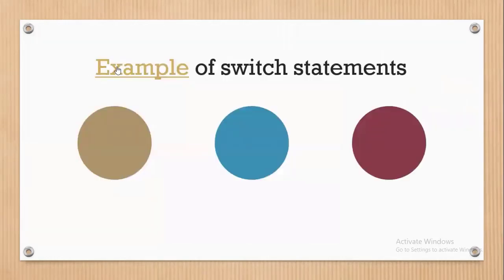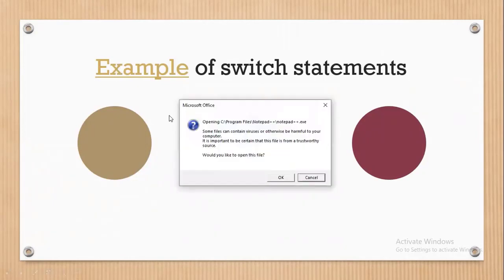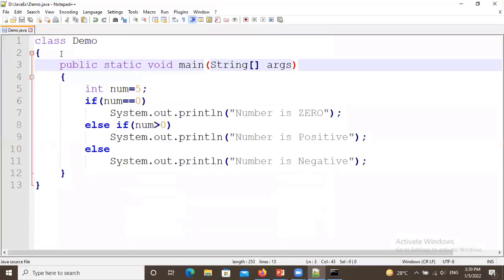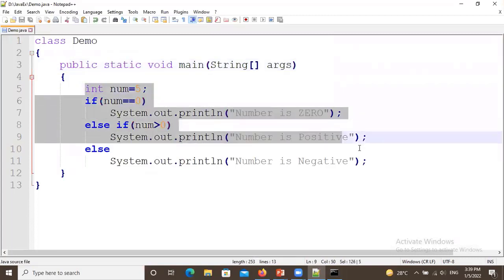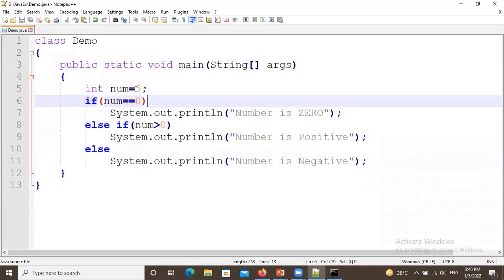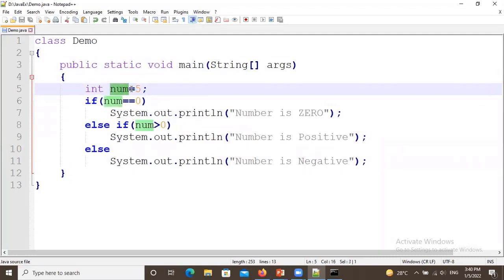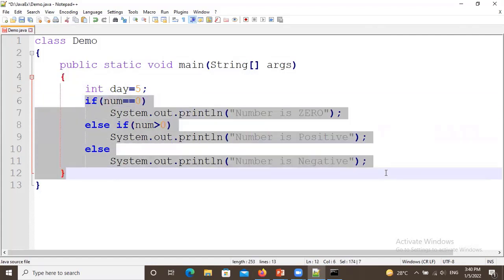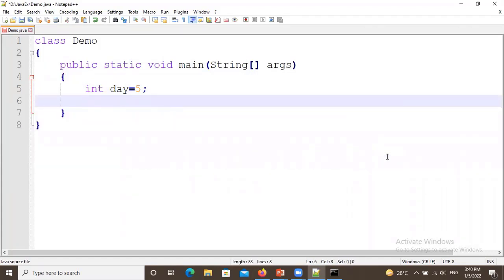So let's have an example of the switch case. There is a main method. In that we have a day variable of type number. According to the day number, we will decide if it is Sunday, Monday, or any other day.